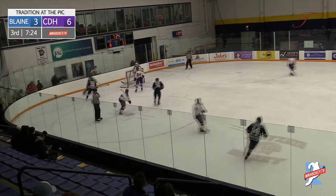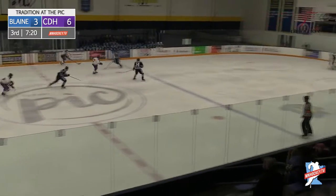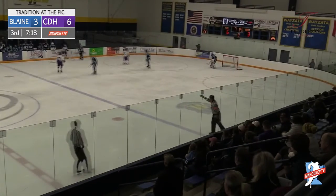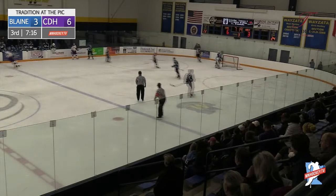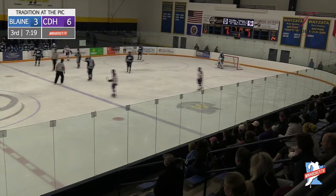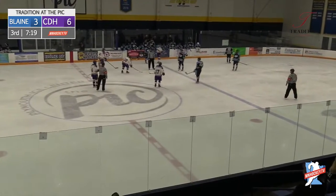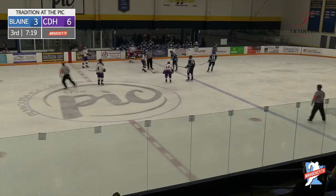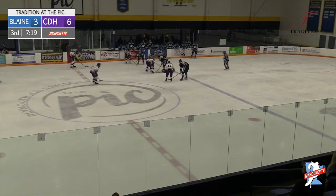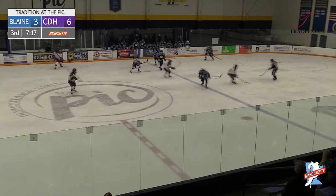Off the draw, back down below. Up the boards, Rasmussen connects here across the line, but McCarthy a little bit too antsy, and so we'll do it again. 7:19 to go here in the third period. The Raiders have scored 2 here in the third period to make it that lead,